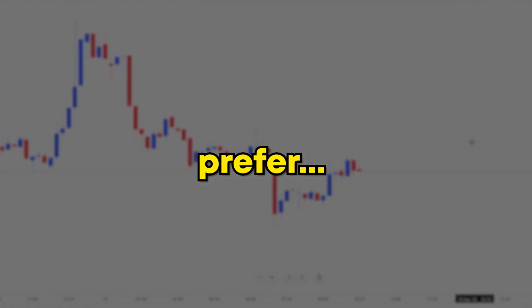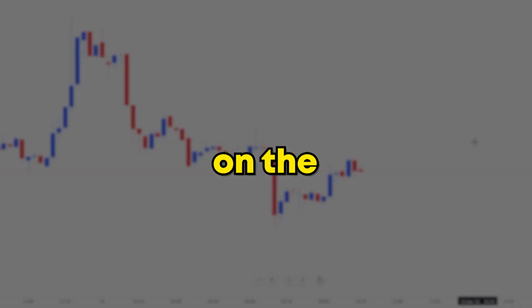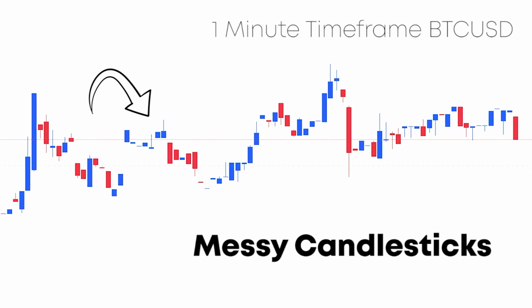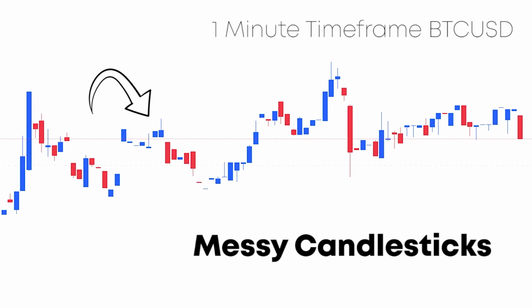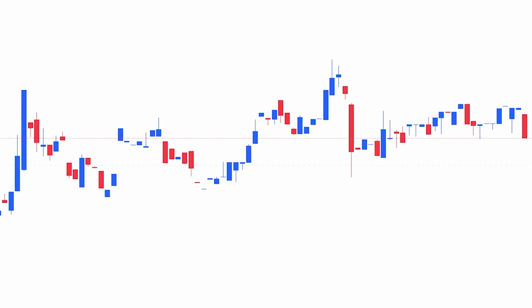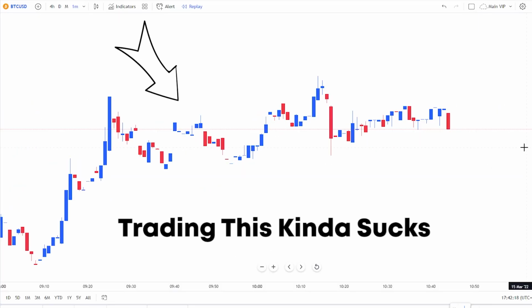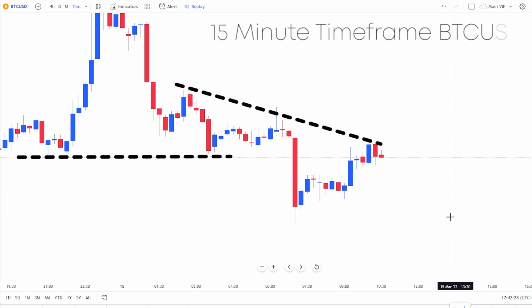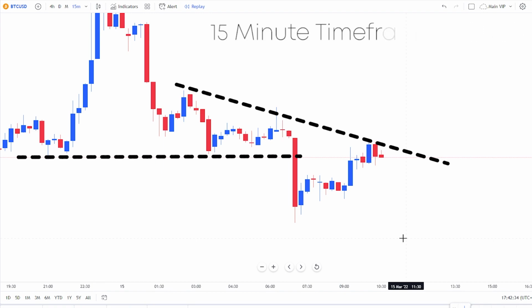I really prefer scalping Bitcoin US dollar on the 15-minute time frame. Anything lower than that and you will have these candlesticks over here. This is an example of the 1-minute time frame, and this looks like a mess and I cannot really understand a lot of what's going on. However, the 15-minute time frame has nice candlestick price action which we can understand, analyze properly and have good entry